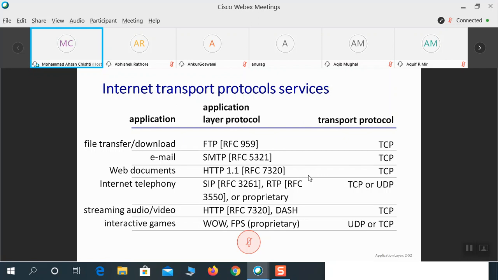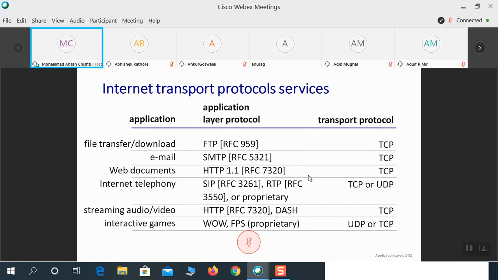Web documents, HTTP, hypertext transfer protocol, underlying TCP. Then internet telephony, SIP, that is session initiation protocol, RTP, real-time transport protocol, or any proprietary protocol like we use for Skype.